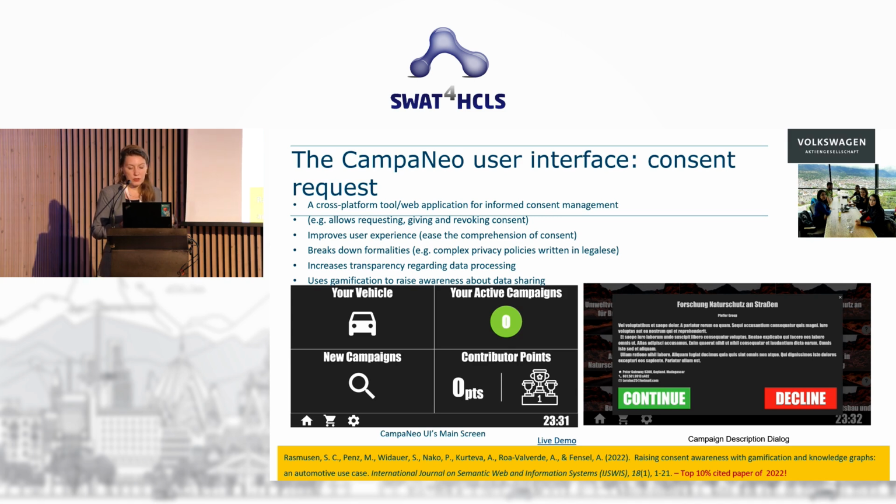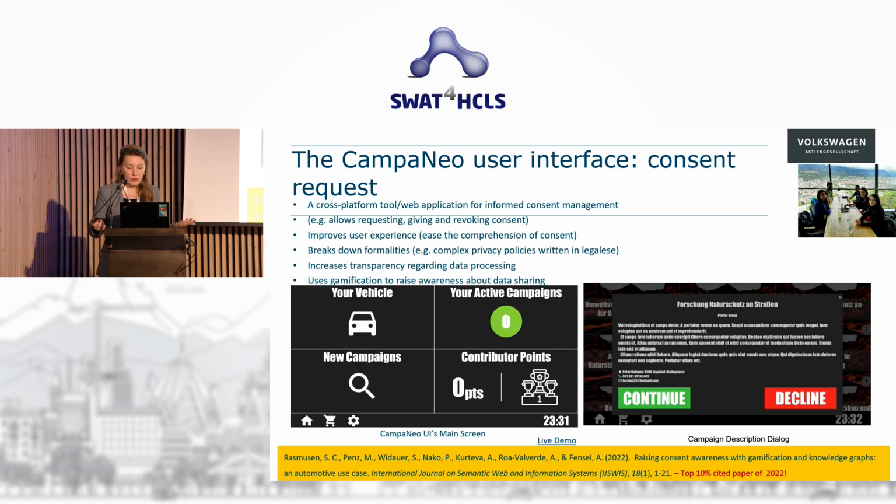It's from the car industry, but we did a campaign, for example, showing people and saying, okay, if you contribute your speed data, we will improve the transport situation in the city. And then more people want to do it because they want to do something good. It was also based on the knowledge graph stack, the consent stack I was showing. If you see the citations, it's in the top 10% cited papers in computer science. So people see this kind of research is needed.